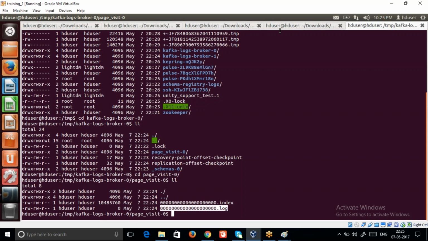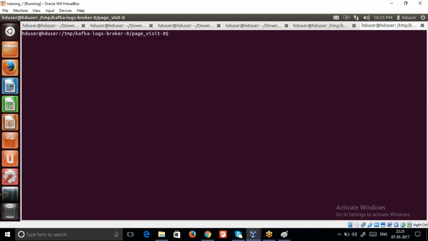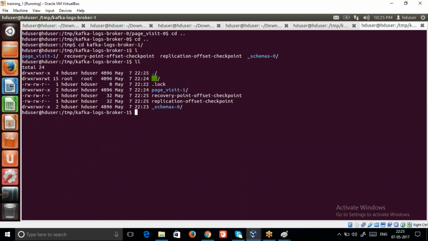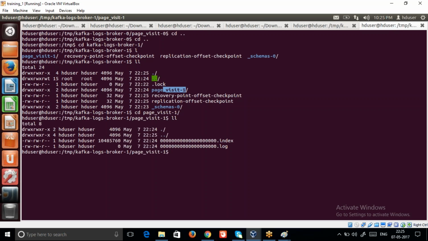In a similar fashion, you can check for broker 1 in the Kafka logs. Go there, we can see the page visit partition exists. I can go to page visit partition 1. Again it has a dot log. Again it has a dot log. So the data will